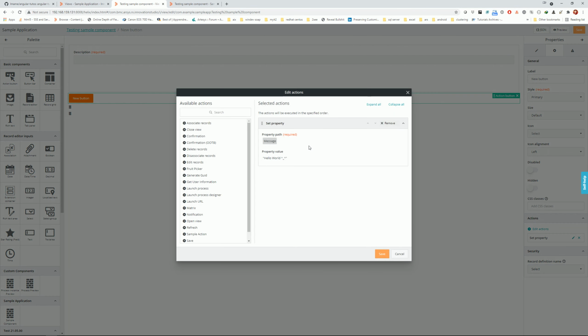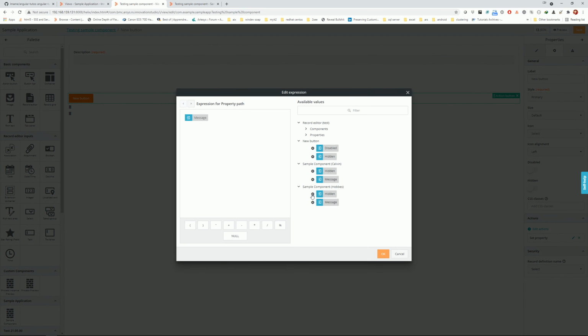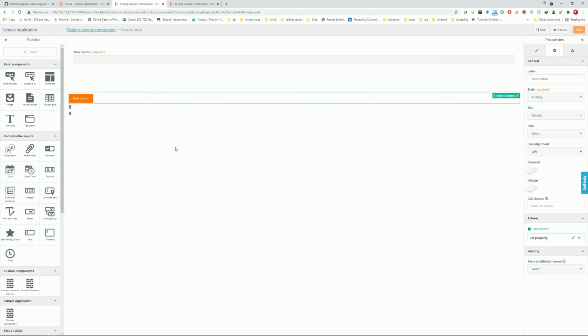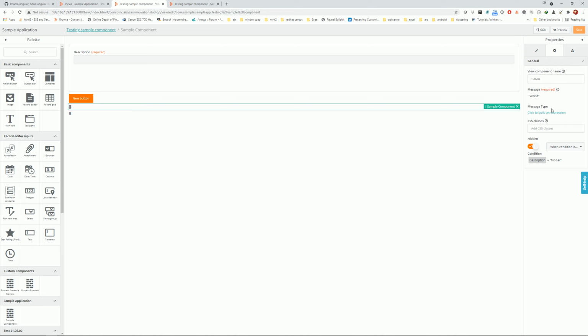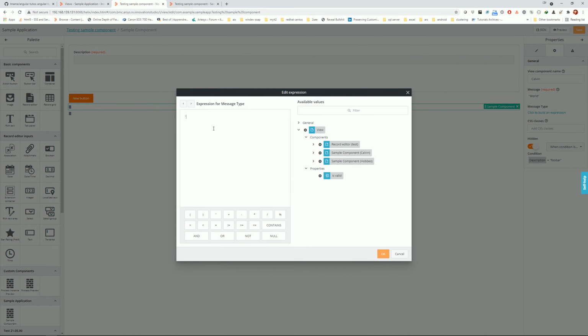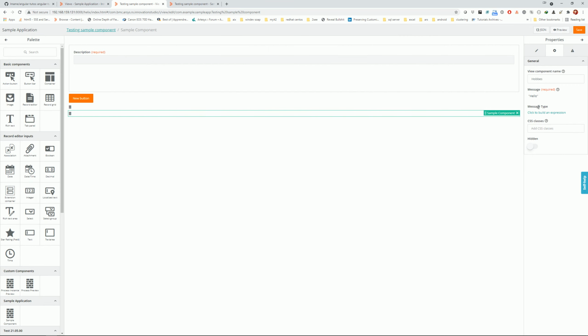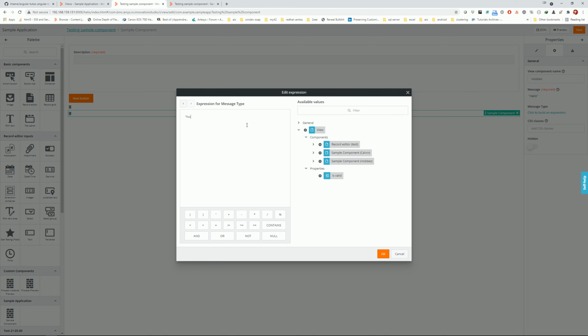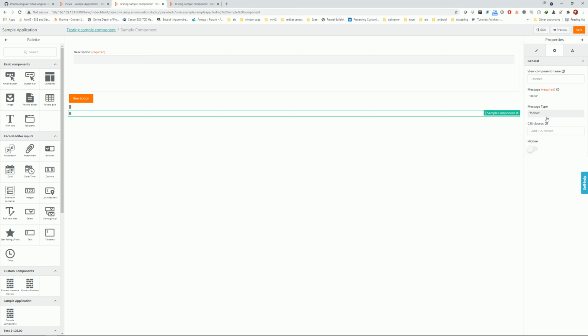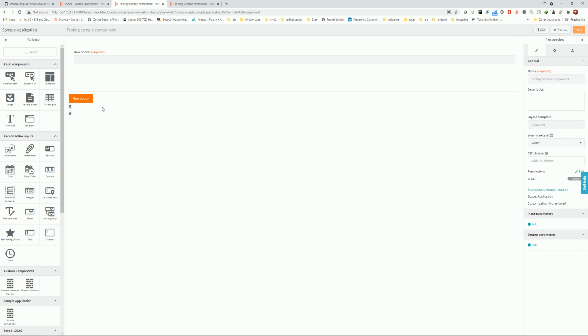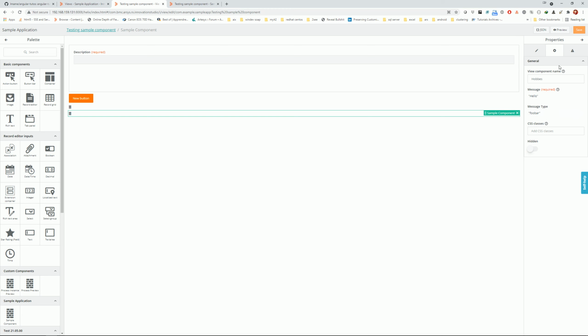Here in my set property, I still have my 2 properties in the message, nothing has changed. Here you can see that I have a new input parameter, message type, and I can set it to whatever I want. There's no error. And this one, if I put foobar, as we can see here, it's not working. I have foobar and I don't have an error,